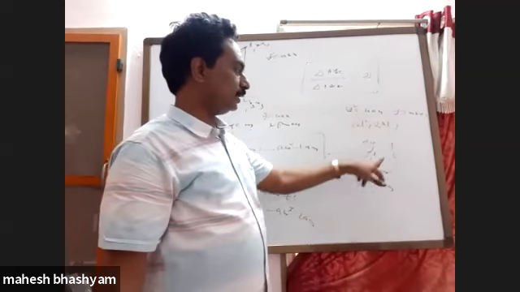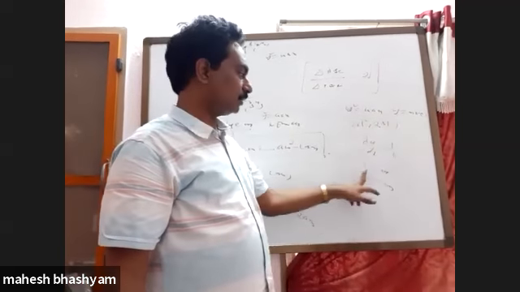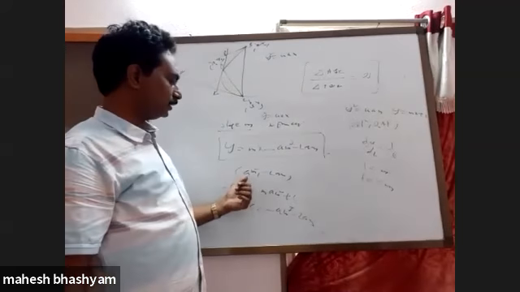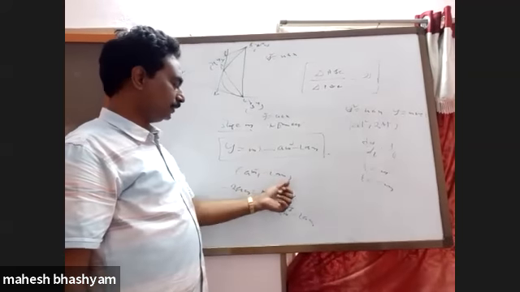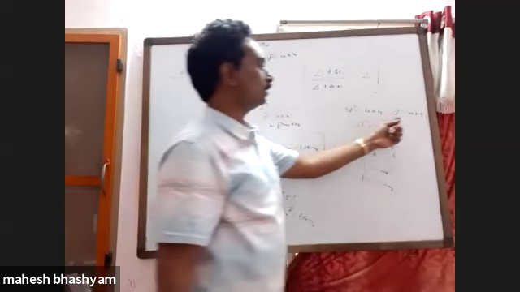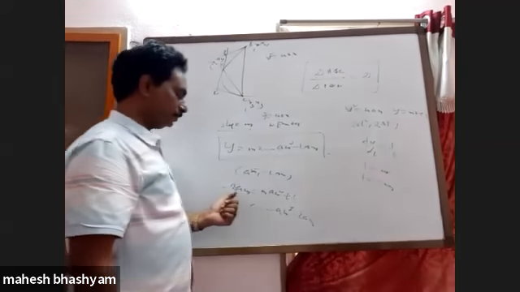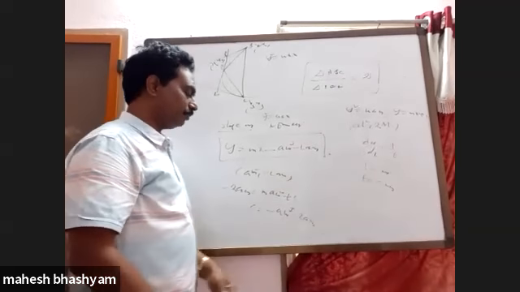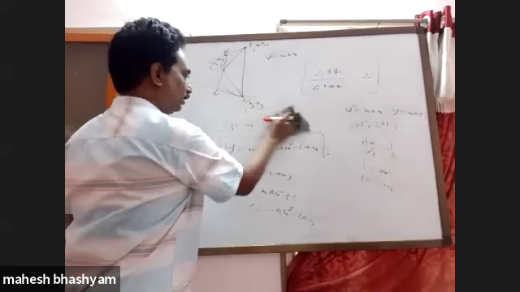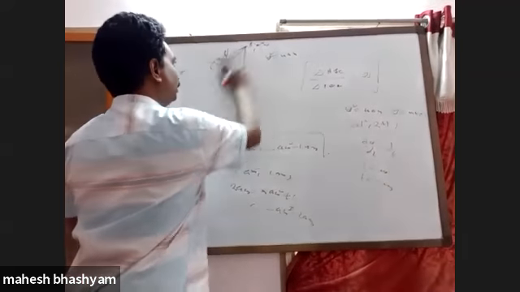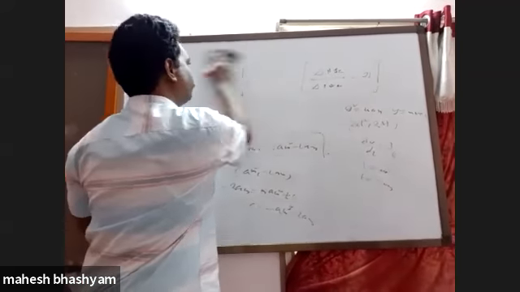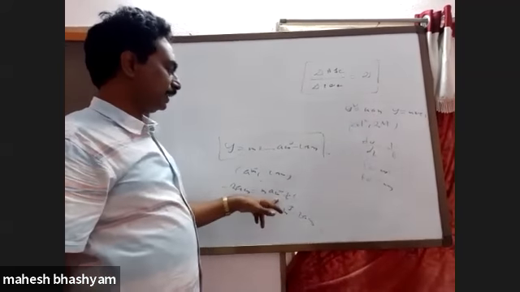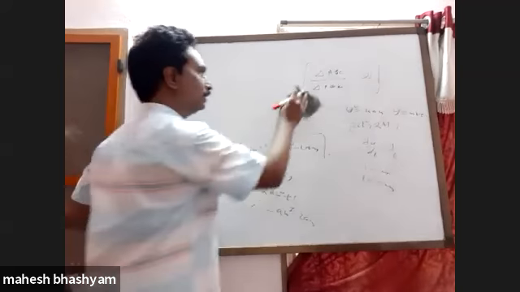Using the parametric point, the derivative gives the tangent slope. Normal slope is the reciprocal with a minus sign. t equals minus m. Now the point of contact is am square comma minus 2am. You can substitute this in the case of the parabola also: minus 2am is equal to m into am square plus c, so c is equal to minus am cube minus 2am. It is the normal equation with the slope m. We can write t as minus m.